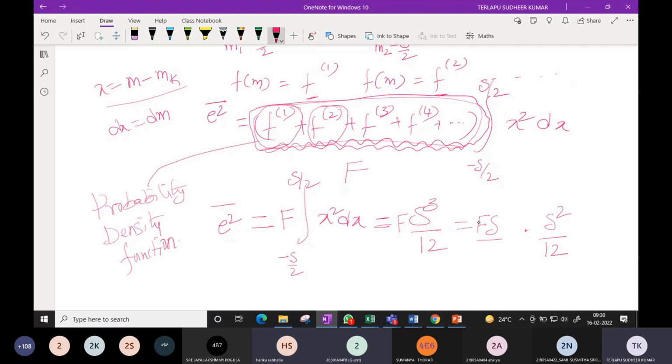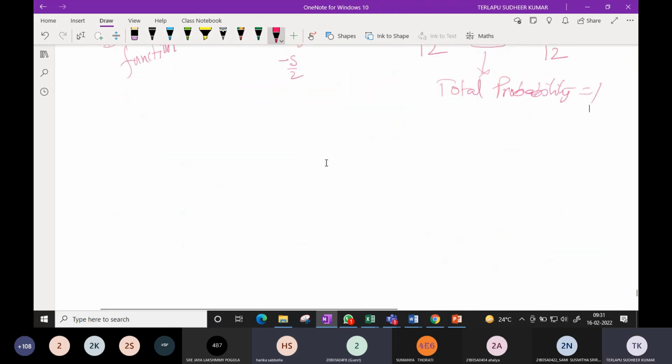This is the total probability, and this value is 1. So your mean square quantization error is s square by 12. This is the final